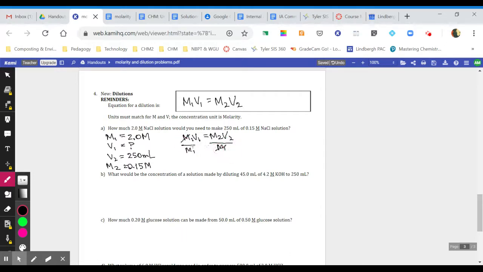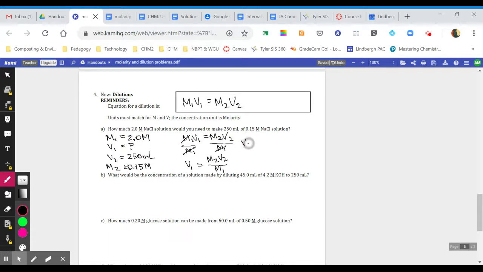Oops, I'm crossing out the wrong one there. We know what I mean. V1 then is going to be equal to M2 V2 over M1. So now I can put all my numbers in here. So 0.15 molar